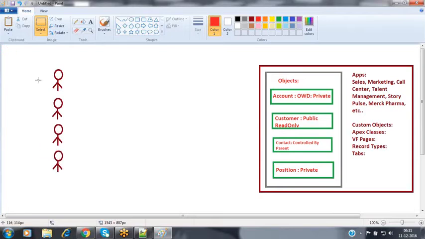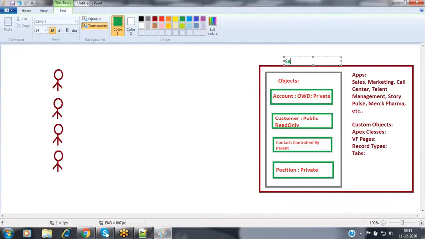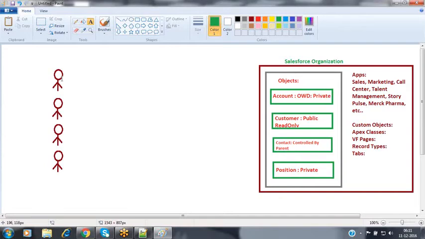Each user is trying to perform some operations inside my Salesforce organization.